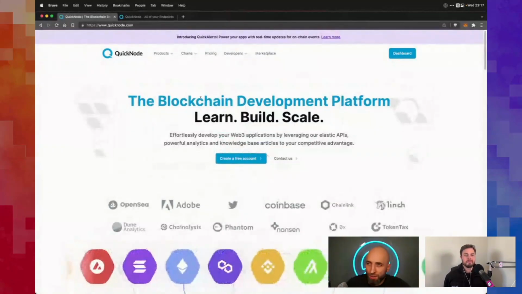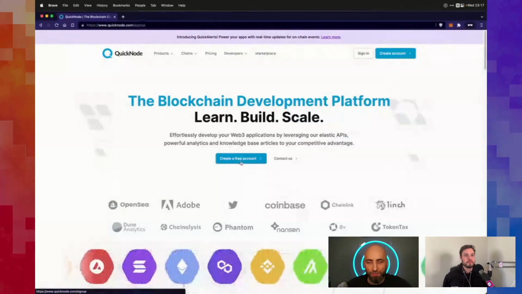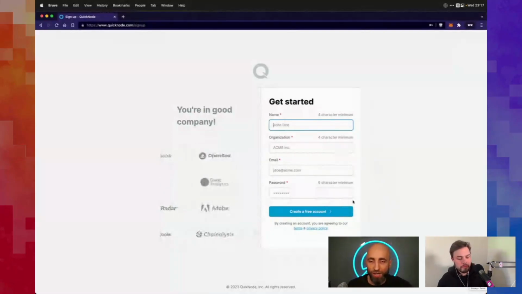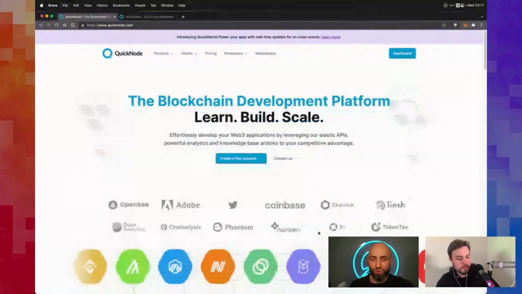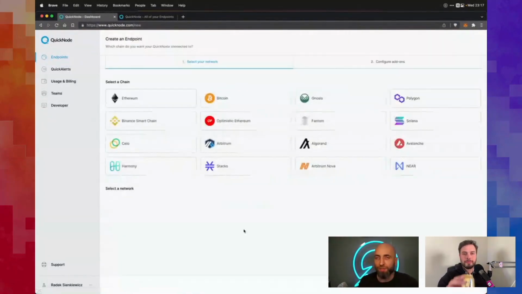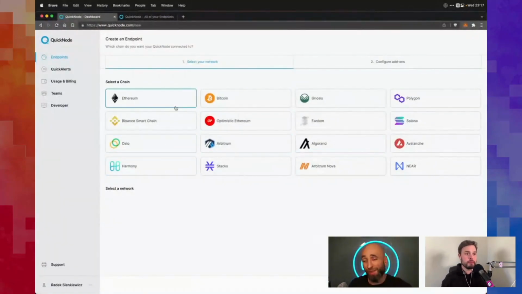So the first thing that you need to do is create a free account. There is a plan, create free account. You just need to fill this form. That's it. It should take you 2 minutes. And once you fill this form, you will get to this dashboard where you will see the endpoints. I already have 3, and you will need to create an endpoint. So that's what we need to connect to blockchain, an API endpoint